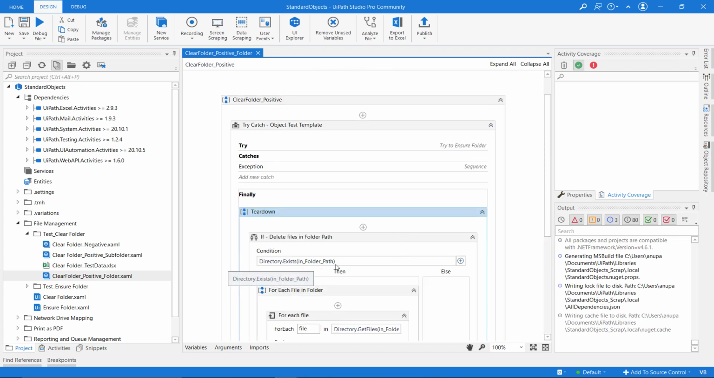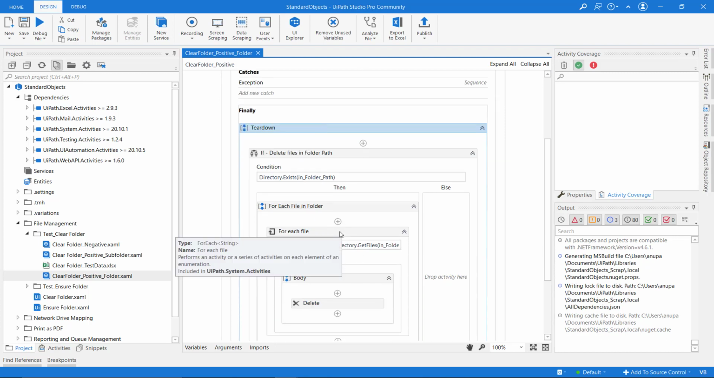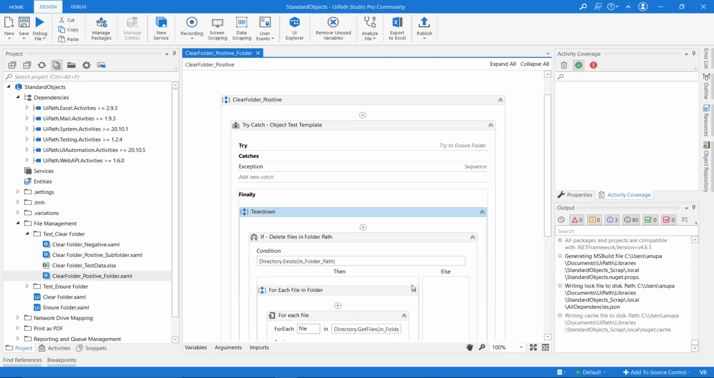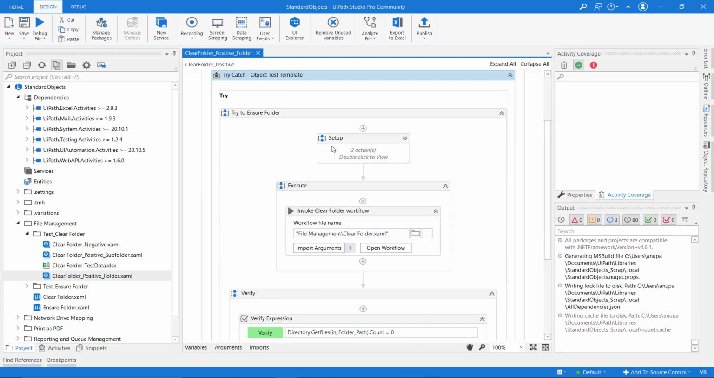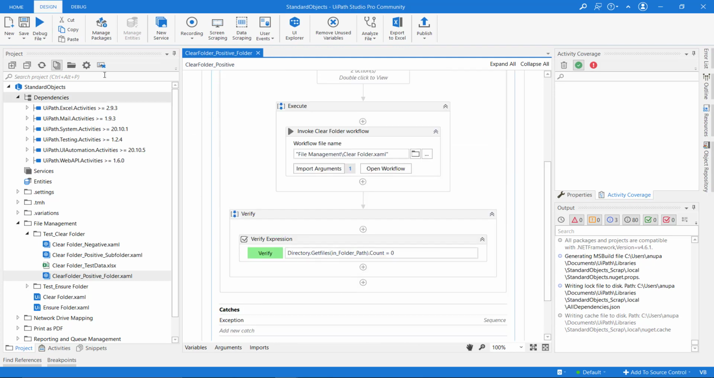What happens in the teardown? Well, if the folder path actually exists, I'm going to go through each of these files and delete them, just to ensure that for the next test run, all the files are deleted and it already starts off with a clean slate. So there you can see a setup, execute, verify, and teardown. And if I were to make this run,